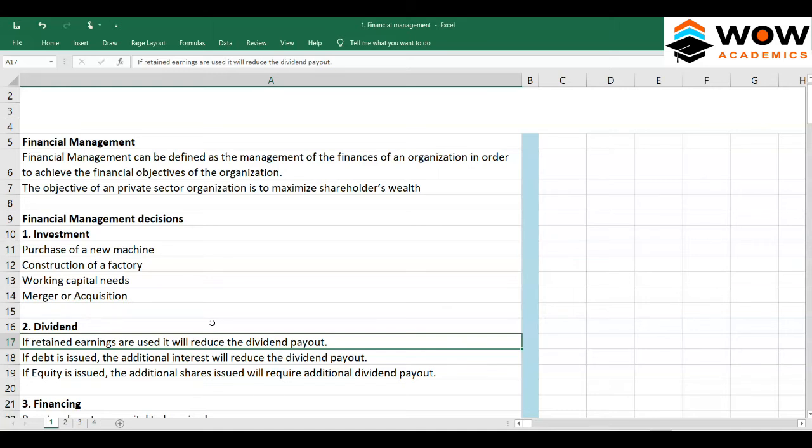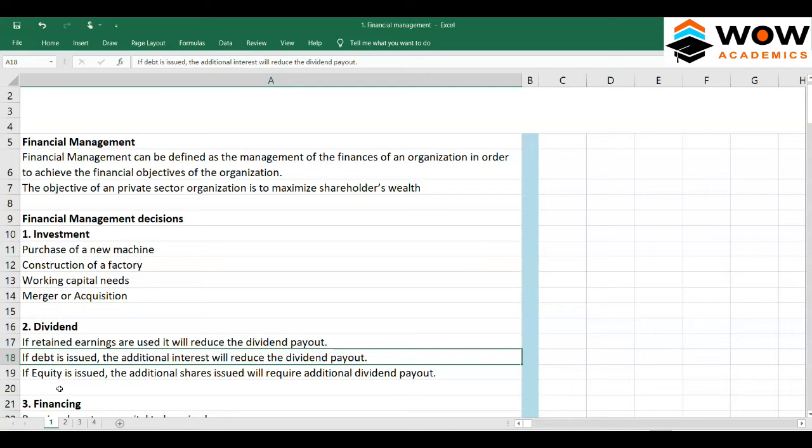But if the company shares its profit as dividend, a part of the profit or cash is going out of the company. So companies which have a profit can share, but they have to think before sharing the dividend. Sometimes what happens is, in order to raise finance for constructing a factory or something,